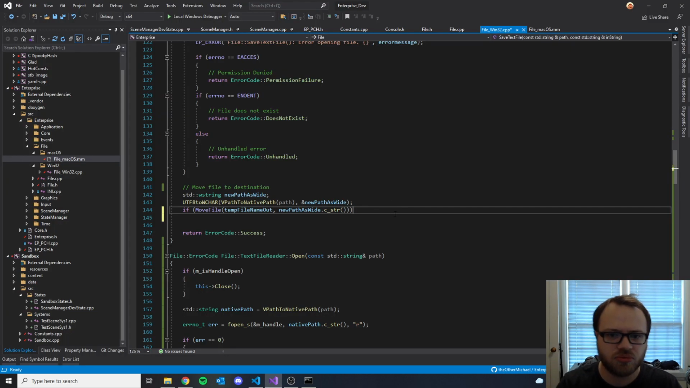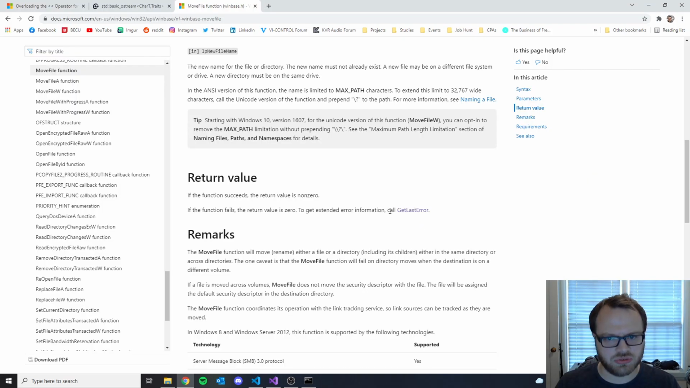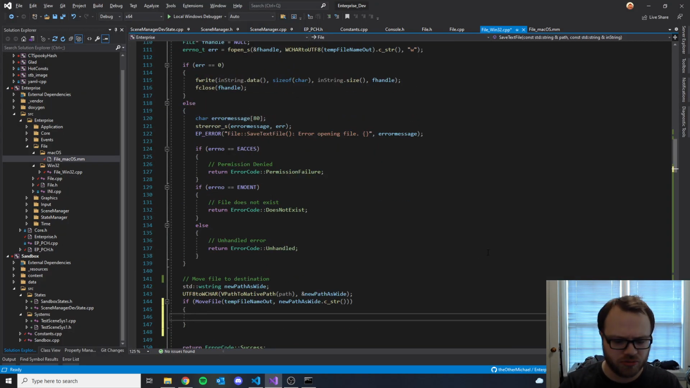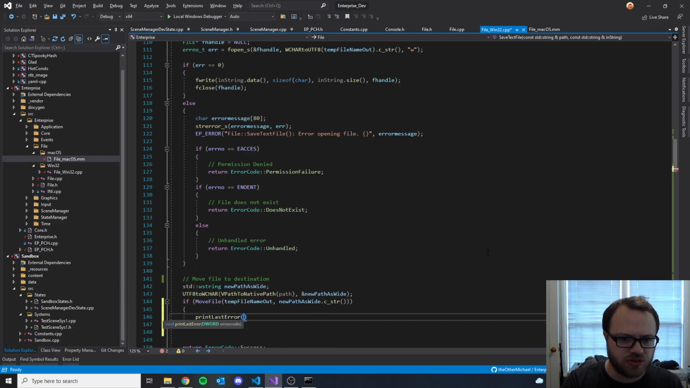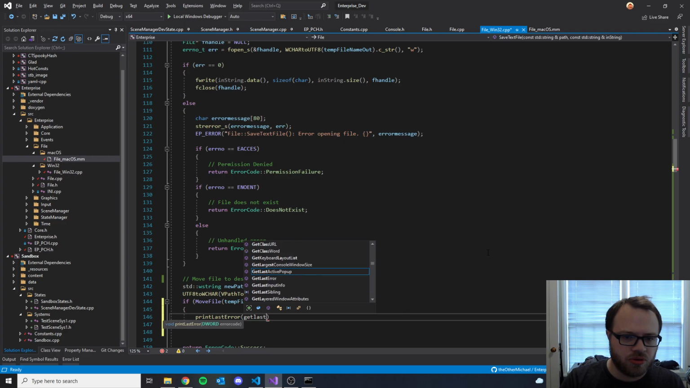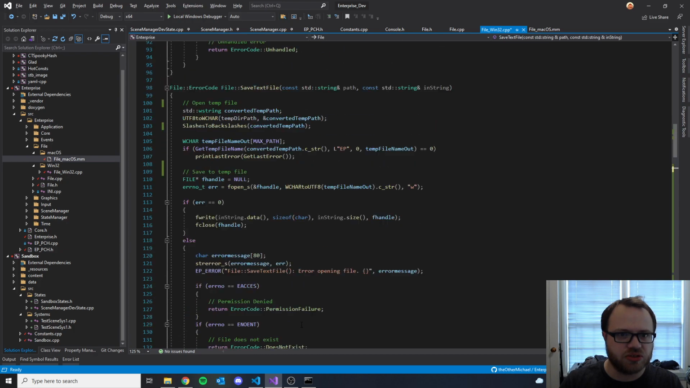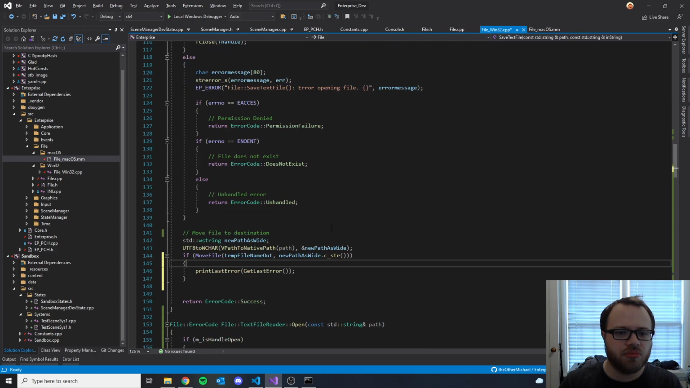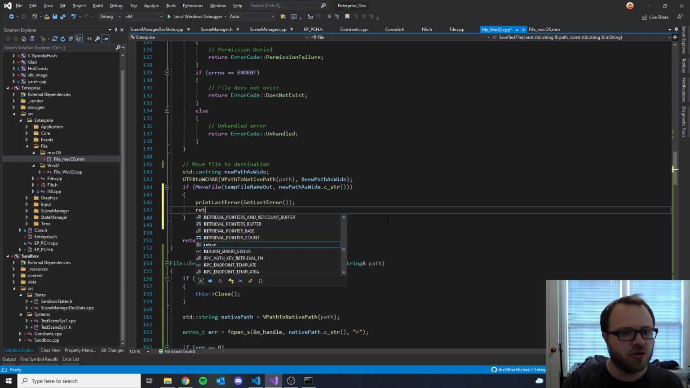So if this is the case, then something went wrong. I would want to use get last error, print last error. I have a helper function that formats and prints the last error message, which I'm probably going to be using for a number of API calls on this file, so I'm going to want to make this a little bit nicer, but for the moment I got that, and I'll say return